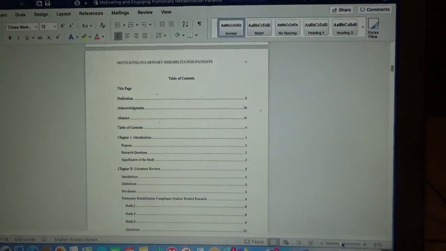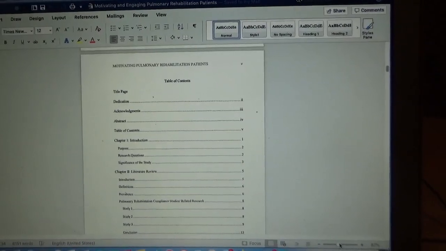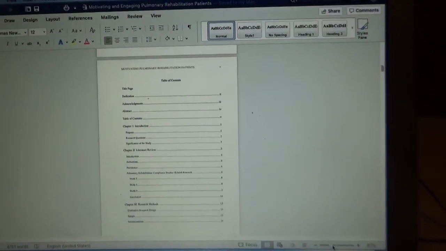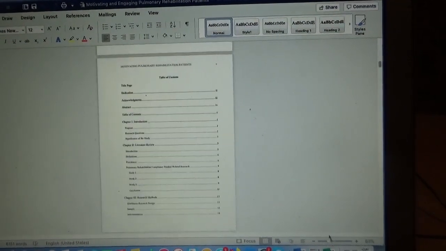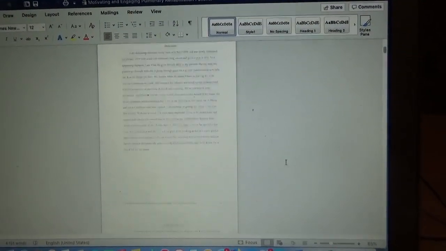This is just a quick video on lining up everything and seeing what your paper looks like when you're done, to make sure everything's lined up. You can use this slider and go back and forth to look at your whole paper, and you want to make sure